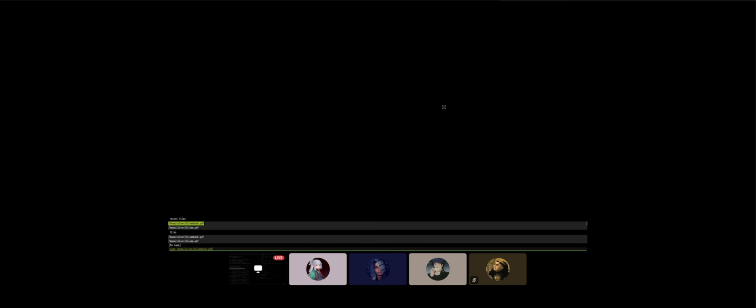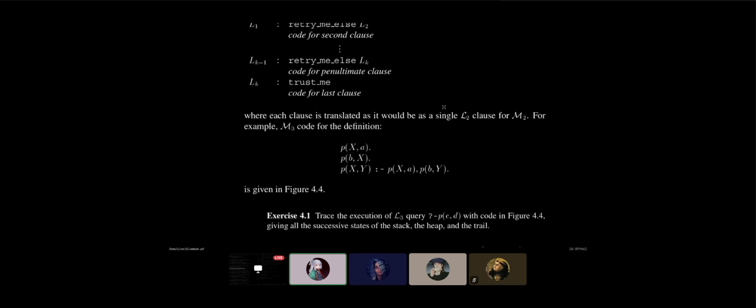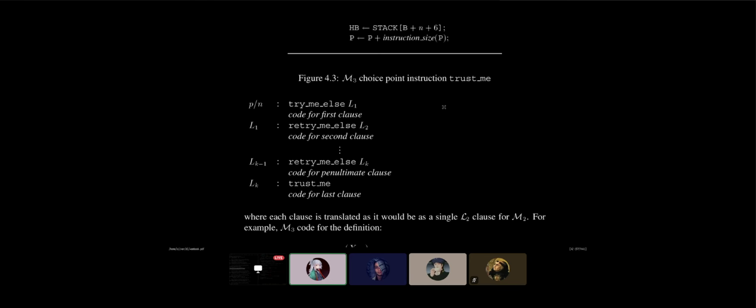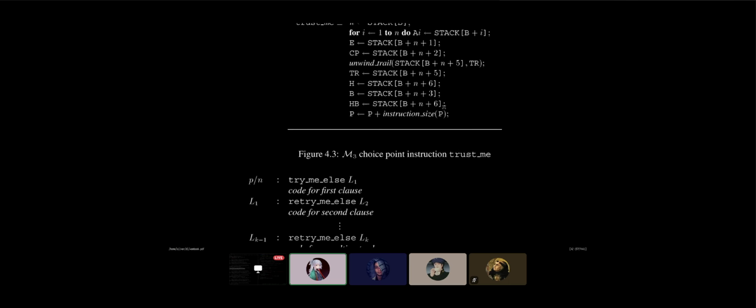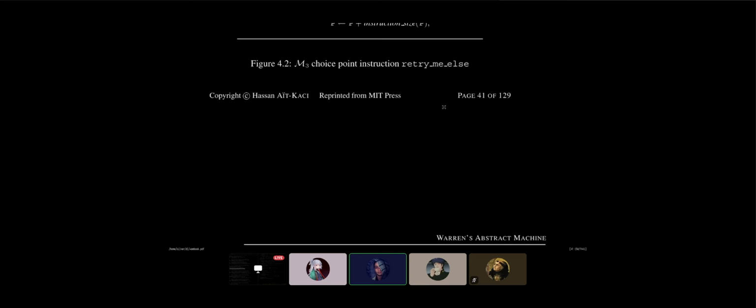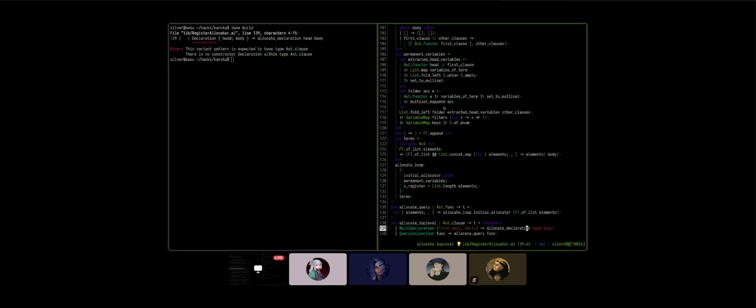I'm confused. I think, if I recall correctly, we still need to allocate the registers for each clause of the declaration individually. But that's what I said. Allocate declaration head and body. Well, this will actually be first dot head and first dot body.